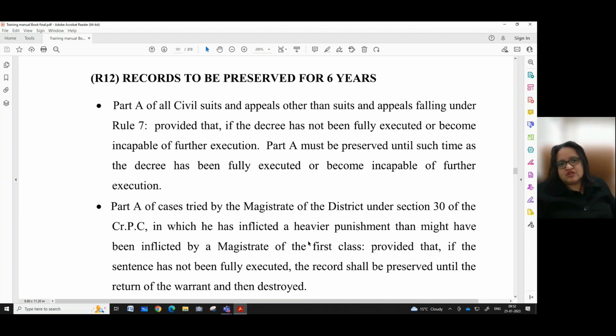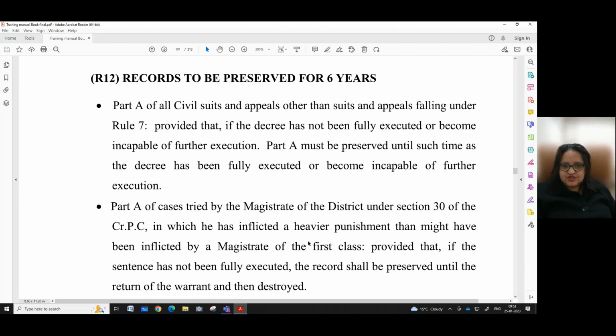Part A of all civil suits and appeals other than suits and appeals falling under Rule 7, provided that if the decree has not been fully executed or become incapable of further execution, Part A must be preserved until such time as the decree has been fully executed or become incapable of further execution.